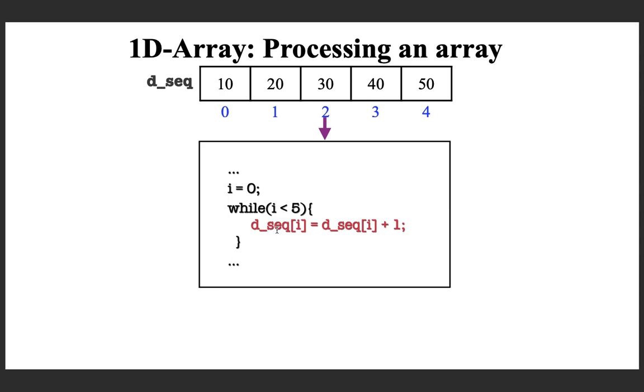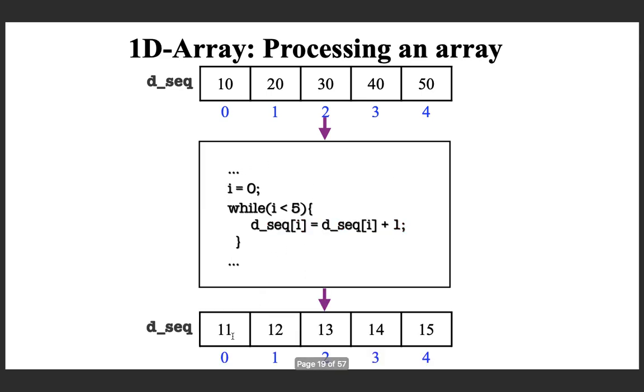So what I am trying to do is I am incrementing the value at every position by 1. This is what I am doing, and if you do it, this is what you are going to get. Okay, and assume that there is i = i + 1 here, otherwise this will end up in an infinite loop. Sorry for the typing mistake. So this is how you will process. Maybe you can print it or read it or access it, or even you can modify it like this. You can treat it just like a normal variable, but with a valid index i to the array.